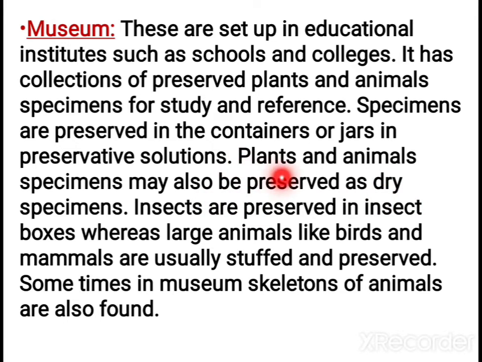The succulent plants, which cannot be preserved by pressing in herbarium sheets, can be preserved here in preservative solutions. And insects can be preserved in insect boxes. The dried insects can be stored, and birds and some other mammals can be stuffed and preserved. Stuffed birds and mammals can be kept in the museum. And the skeletons again can be dried and kept in the museum. You can see this and all.